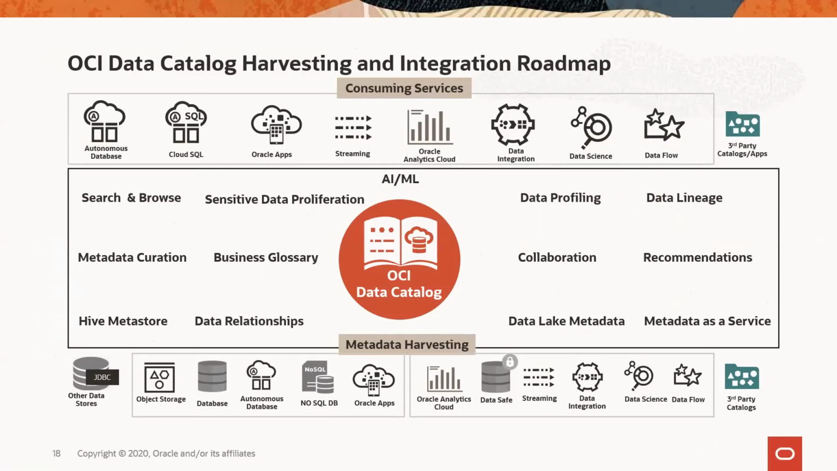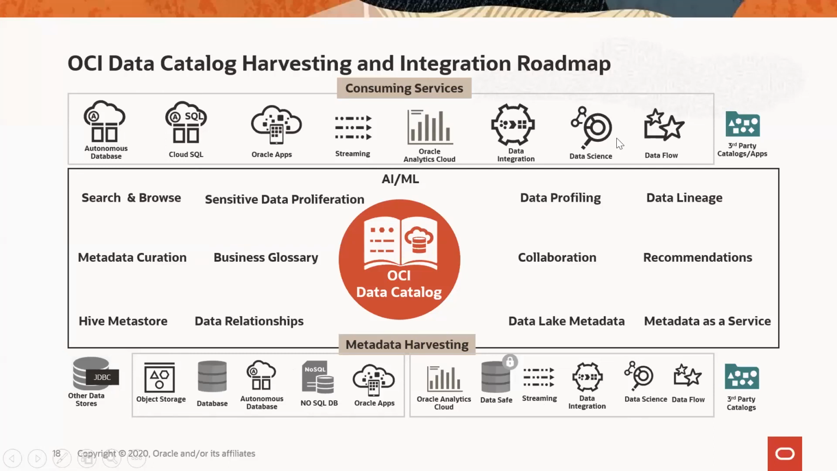All the capabilities that we're trying to build here: profiling, lineage, recommendations, sensitive data proliferation, and so on. We want to bring those capabilities, but they will be built using harvesting from a variety of different sources. As you can see here, all the different data sources as well as applications and services will be where we collect metadata from, including third-party sources like JDBC-based sources, or even third-party data catalogs. We will be able to exchange metadata from them and then provide all these different capabilities to the consuming services